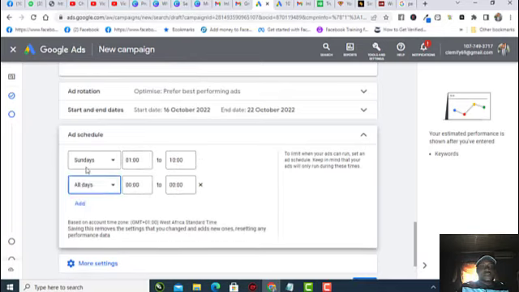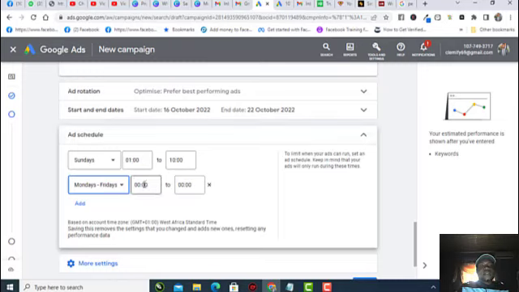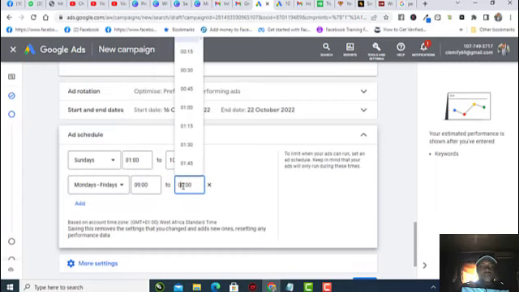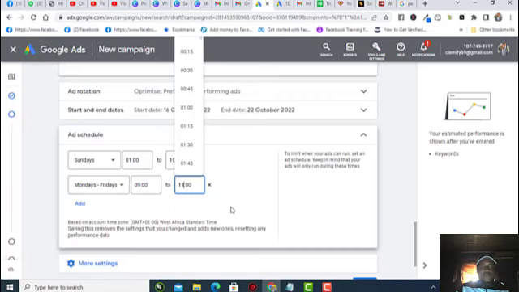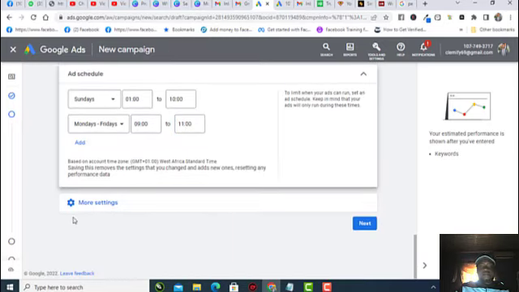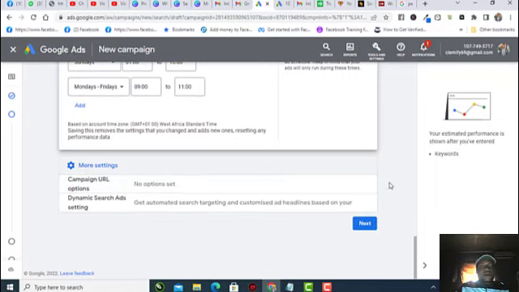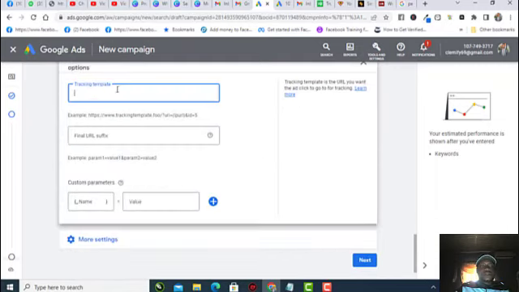So I'm going to add other days as well. I want the ads to run from Mondays to Fridays. I want the ads to start by 9 a.m. and end by 11 p.m. every day. Yeah, so I'm cool with that. I'm going to come down to more settings, campaign URL options. So I'm going to put up the tracking, if you actually want to track your